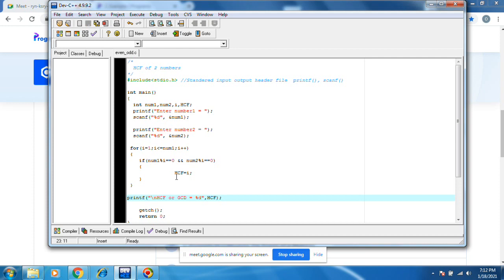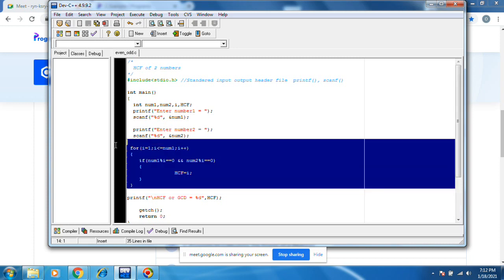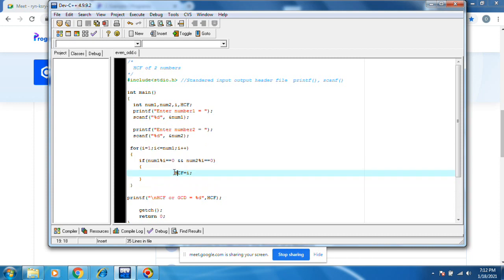Control S. In this case, what will happen? First of all, 1 is the common factor, HCF equal to 1. Second time, 5 will come, 5 is the common factor, then 1 will go and HCF is equal to 5. Whatever the last common factor is, it overrides.